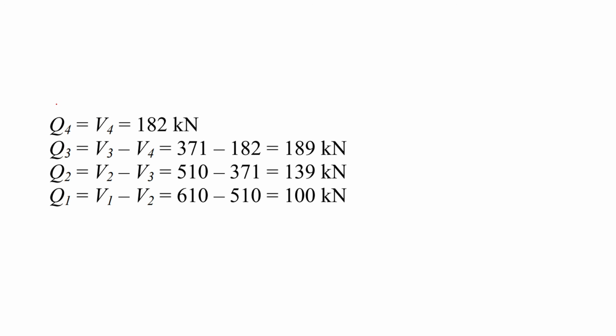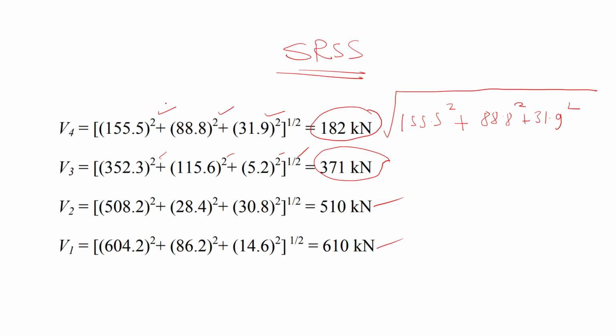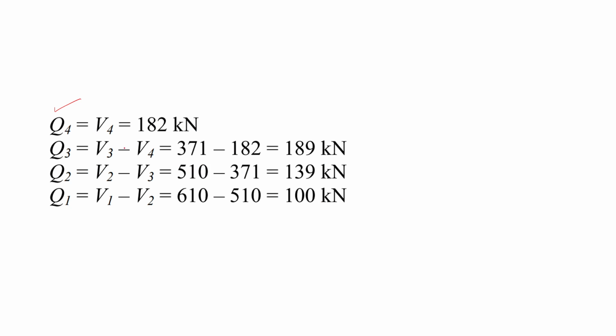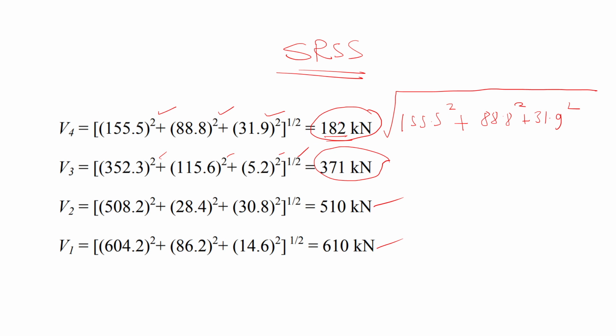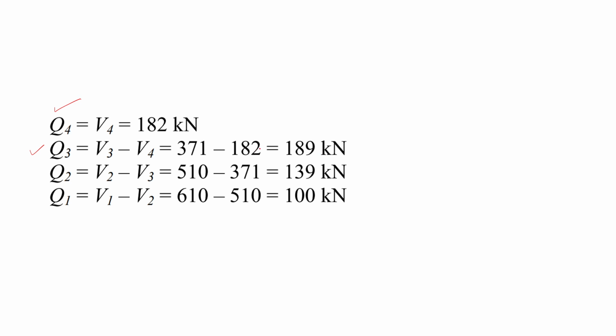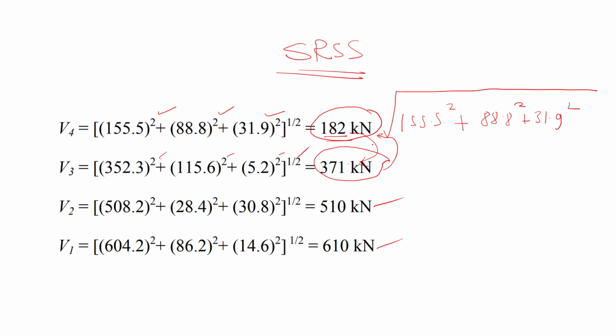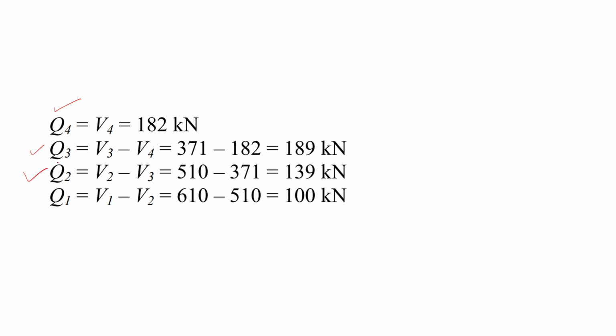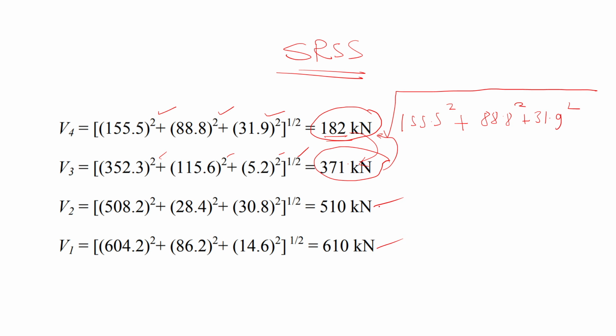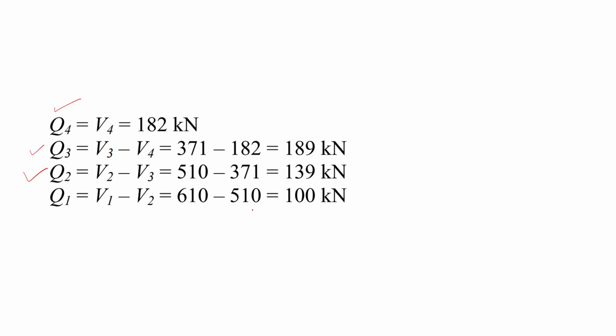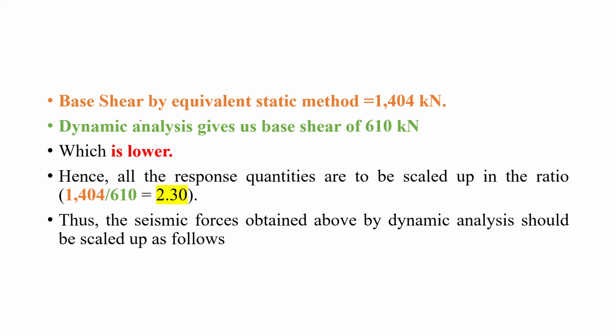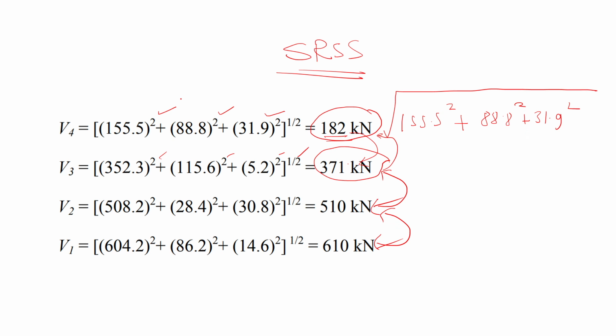And if you want to find Q4, then here V4 is 182, Q3 will be 371 minus 182. For Q2, the difference between these two, and for Q1, the difference between these two. Okay. So our base shear is,